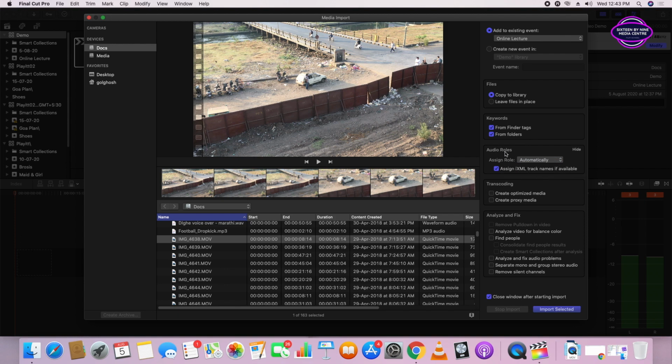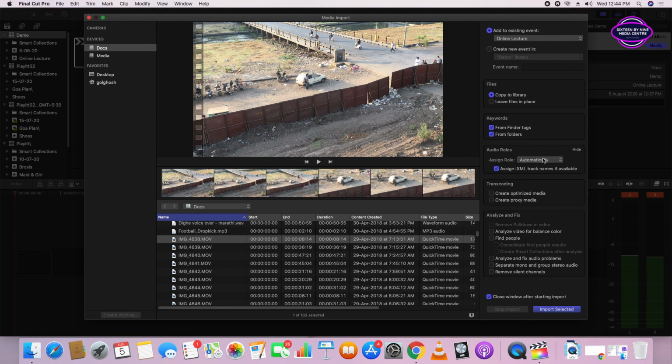It is assigning the role to a particular media, whether it is video, text, or audio. In audio it is dialogues or music. So during export you can select one role. If you want to export only music and not the dialogues, you can deselect the dialogues and select the music.